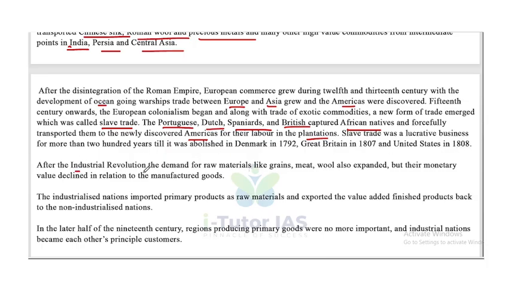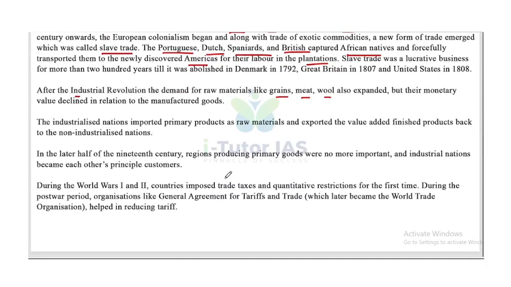After the Industrial Revolution, the demand for raw materials like grains, meat, and wool also expanded, but their monetary value declined in relation to manufactured goods. The industrialized nations imported primary products as raw materials and exported the value-added finished products back to the non-industrialized nations. In the later half of the 19th century, regions producing primary goods were no more important and industrial nations became